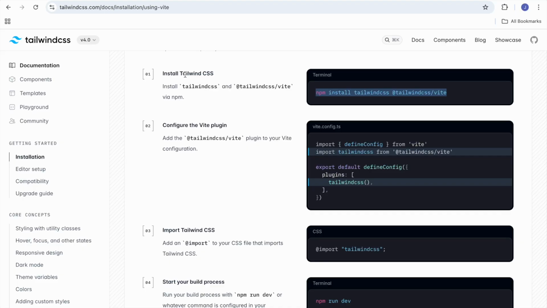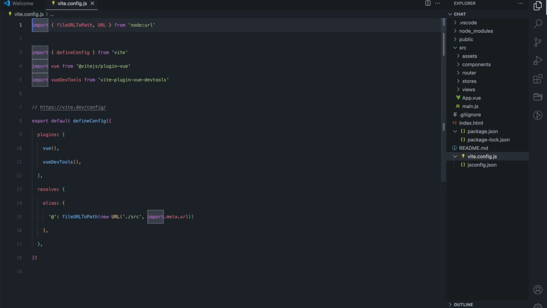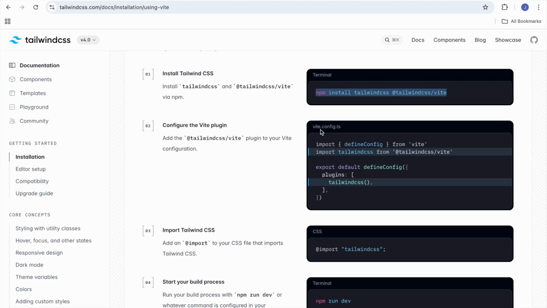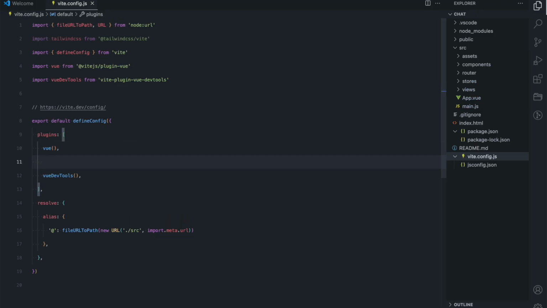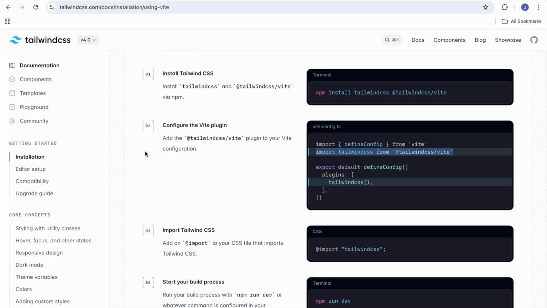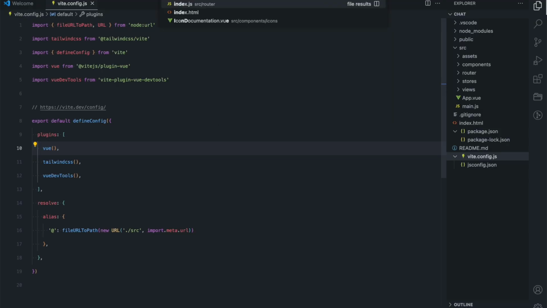And now, to continue with my Tailwind installation, I need to go to vite.config.ts, wherein I need to add Tailwind. So I have vite.config.js. That would not make a difference. I am going to import Tailwind, and then I'm going to add it as a plugin. So Tailwind CSS. I have the plugin installed, and the next step is to import Tailwind CSS, and I need to do this step in